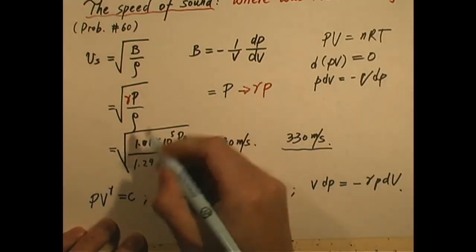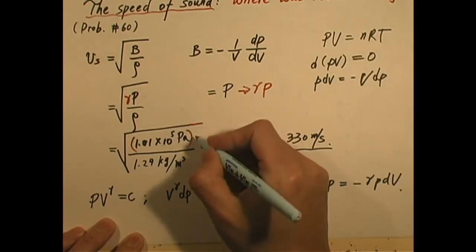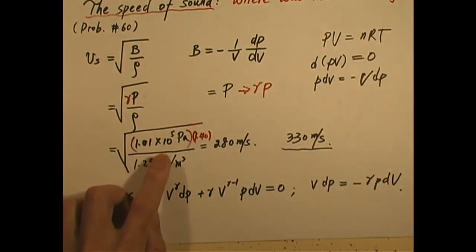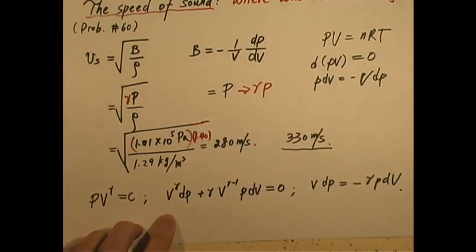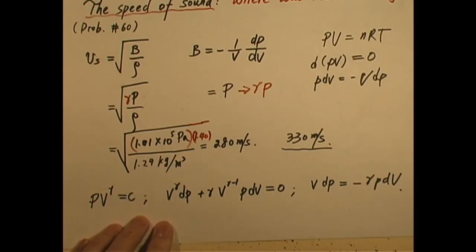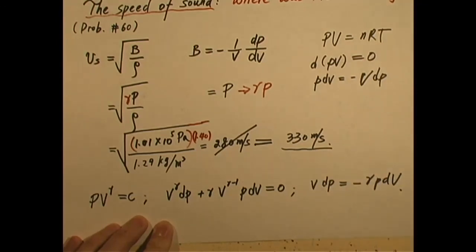Gamma, if you use air as a medium, that's a diatomic gas, is 1.40. So our formula originally was missing a factor equal to the square root of 1.4. What is the square root of 1.4? It is equal to 1.18. So our formula was 18% too low. You multiply this by 280, and what do we get? We got 331. So with that, you recover the correct value around 330. This becomes remarkably accurate if we add this gamma in. So this is an application of the